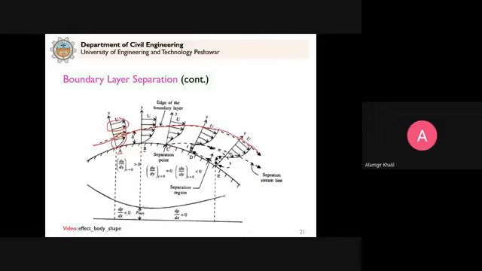Now at this point, the boundary layer separates and moves in this direction rather than following the surface. You see up to here, the boundary layer sticks to the surface. But at point C, it separates from the surface and flows like this. And you see here that we have a recirculation, which you saw in the video also, in the previous figure. This recirculation will occur. Now that we understand up to this point,